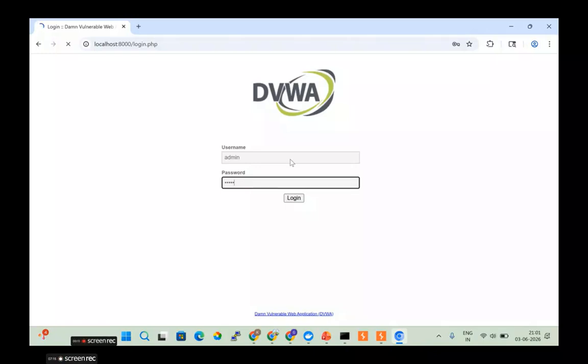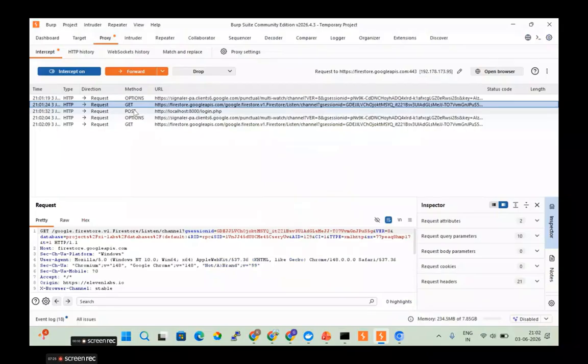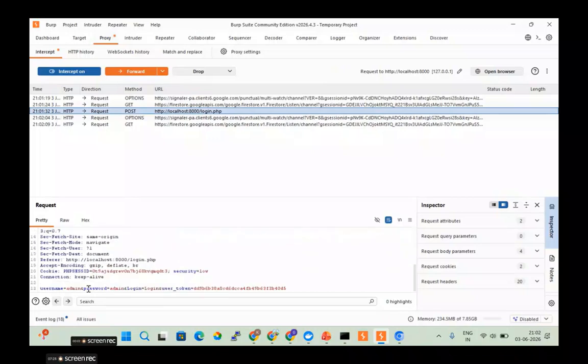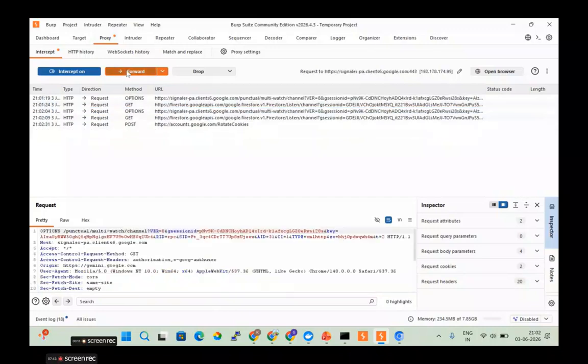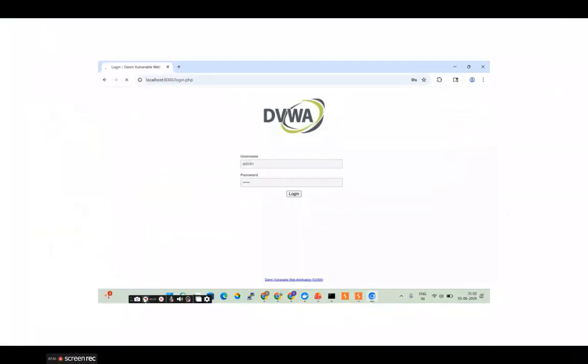Watch the browser. It freezes. Chrome just spins because the request is paused and held inside Burp. Switch over to Burp and read it. There it is, a POST to login.php with the username and password right in the body. Now I'll modify it. I can edit the username or password directly in Burp's text area. And finally, click Forward. Burp sends my modified request onto the server and Chrome gets the response.